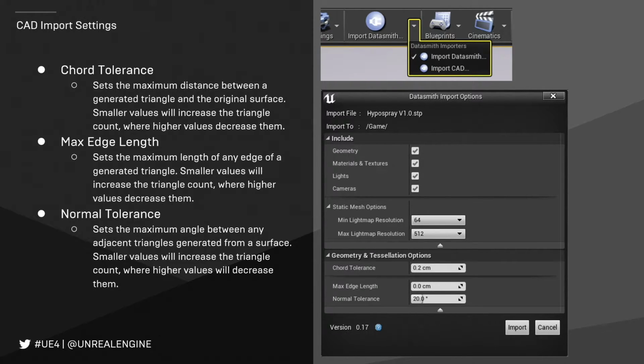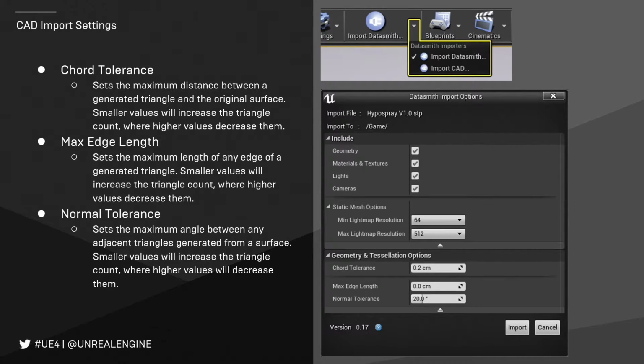So that tolerance controls how likely it is to add one there. Now the maximum edge length controls the length of any edge of a generated triangle. Now all of these are measured in metric, and it's one of the main reasons that it's important that when you're importing into this, that your initial CAD data was correctly set up in the metric method.